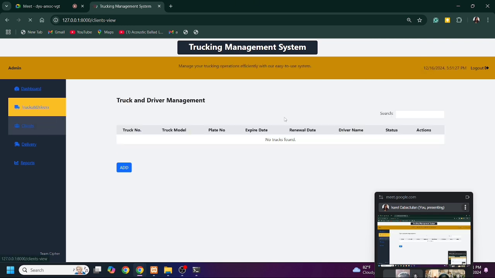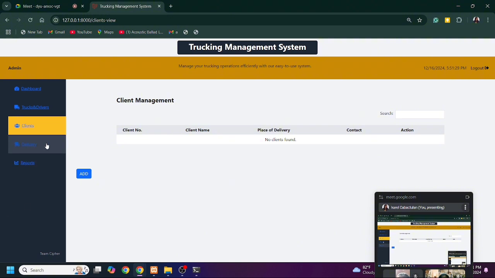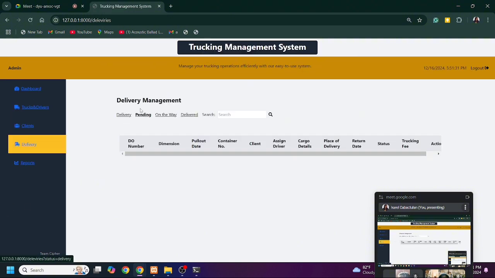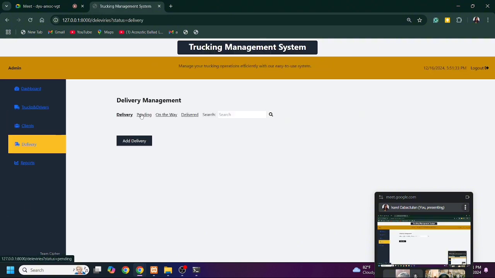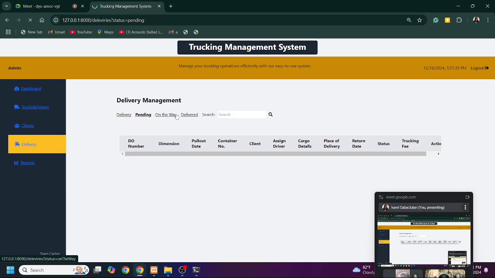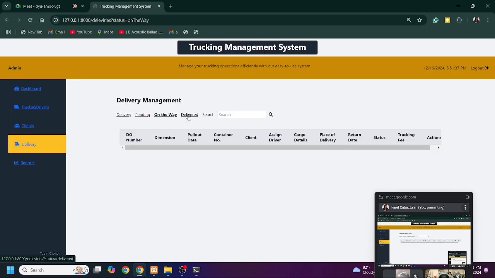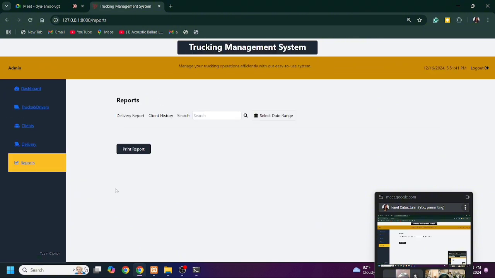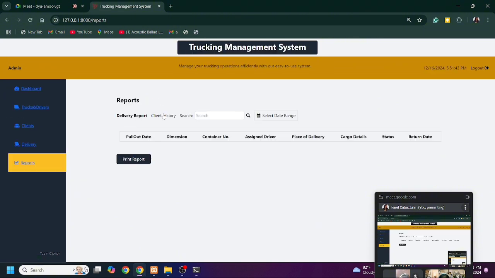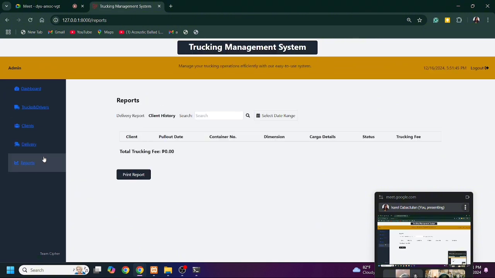And then for client, and then we have the delivery pending, on the way, and delivered as well. And next we have the reports. So this will be the interface of the page.